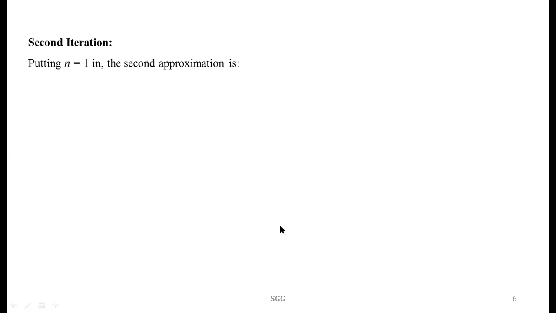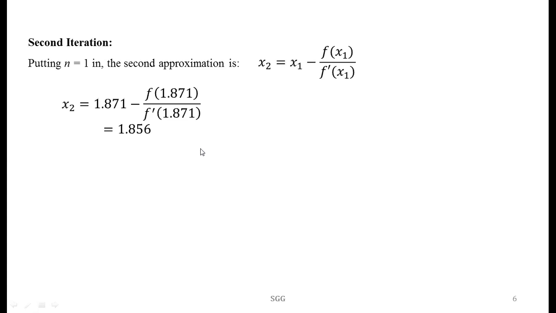Going to the next iteration, putting n is equal to 1, we get the second approximation as x2 is equal to x1 minus f of x1 divided by f dash of x1. Substituting the corresponding values of f of 1.871 and f dash of 1.871,